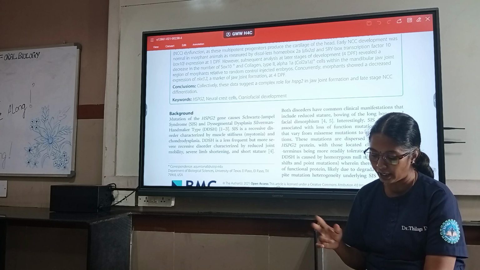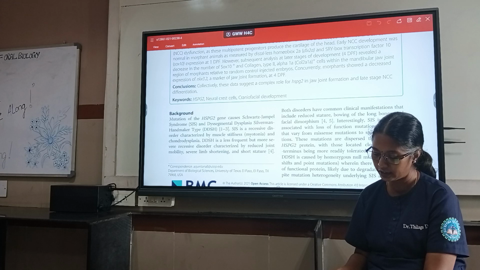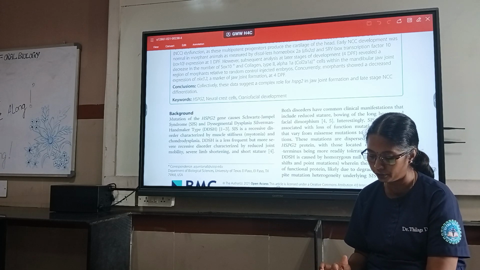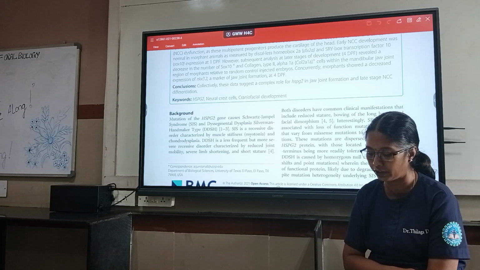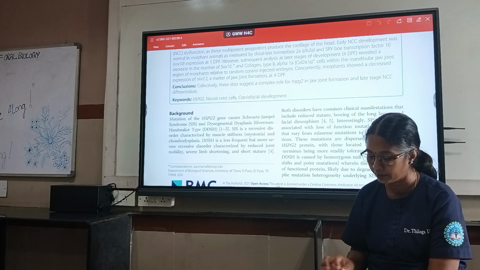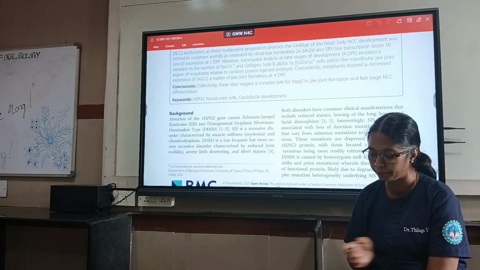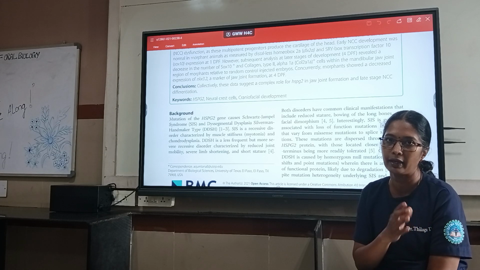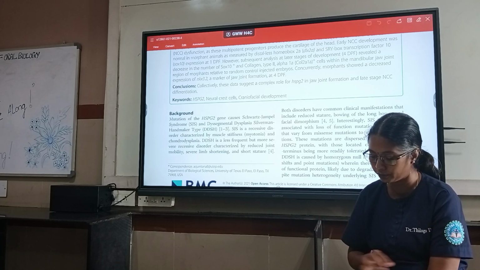Two antisense oligonucleotide morpholino sequences were designed. The first was a translation blocking morpholino, and the second was a random control morpholino. The morpholino experimental group is compared to either a random control group or wild type non-injected. Either they compared it to a wild type non-injected one or an injected random control morpholino.